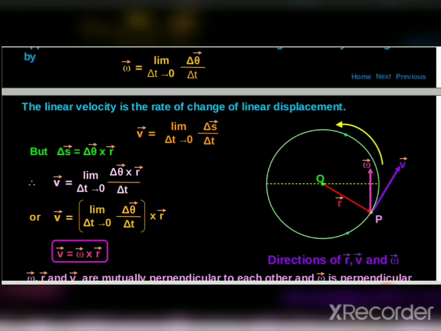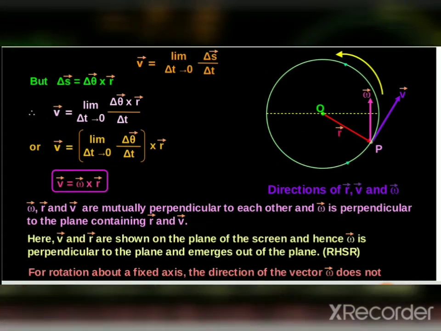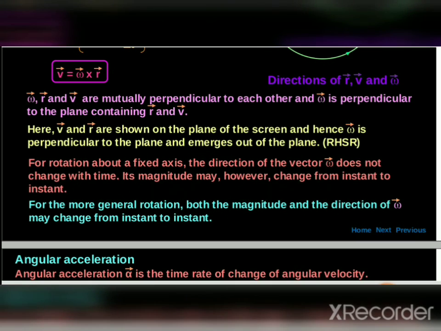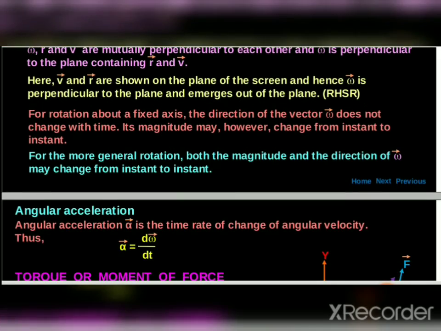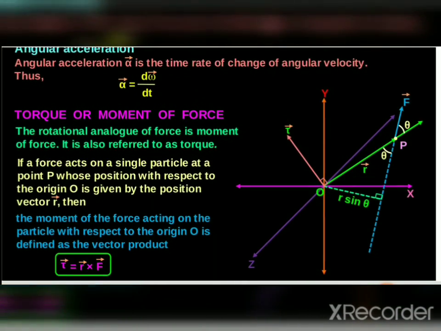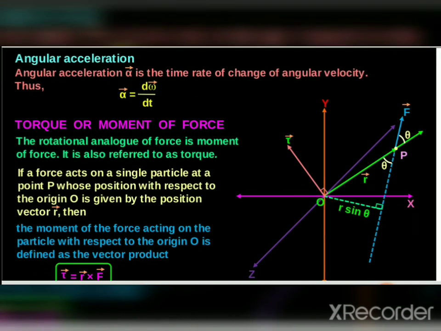See the figure, where is the omega? It depends on the motion. So v is equal to omega cross r. Omega, r and v are actually mutually perpendicular to each other, and omega is perpendicular to the plane containing r and v. Okay,